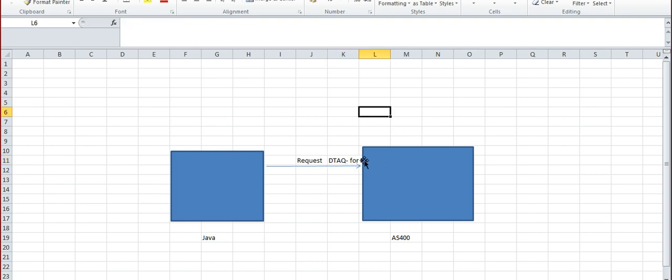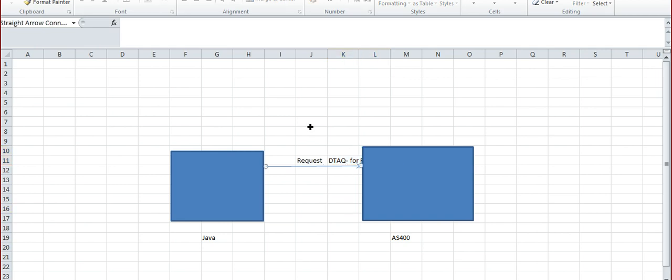Here it will be monitoring this data queue on AS400, so this job will be running always. In AS400, we will write a program, and that program will be submitted as a job and will be running 24 by 7. It will be kind of an infinite loop, waiting for a data queue. The moment any data comes here, it will go, process it, and put the result in another, different data queue.